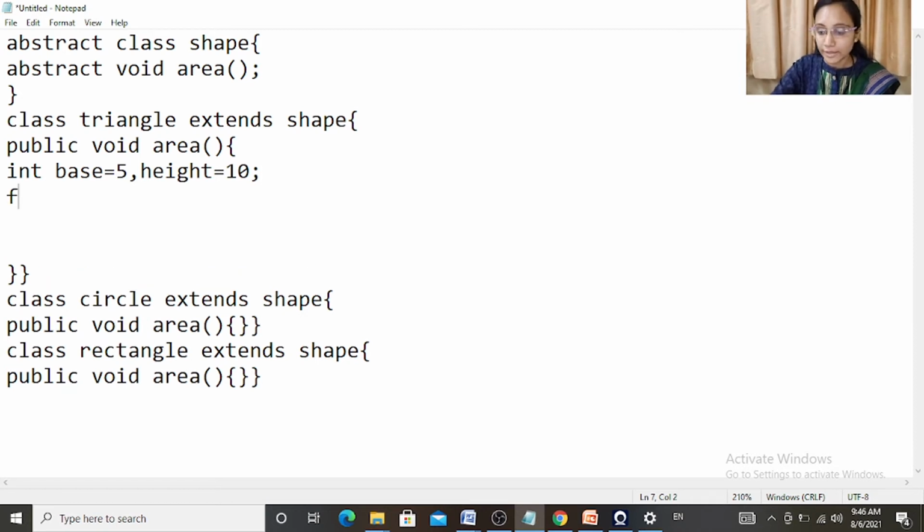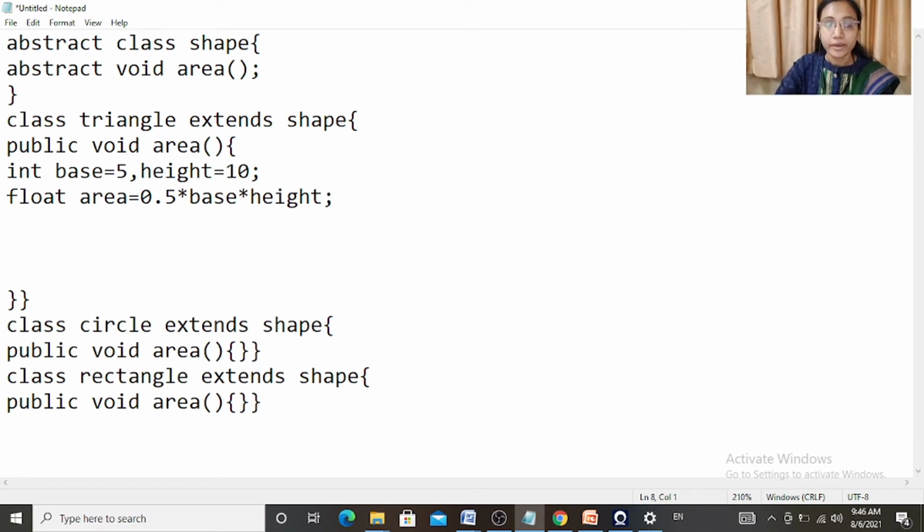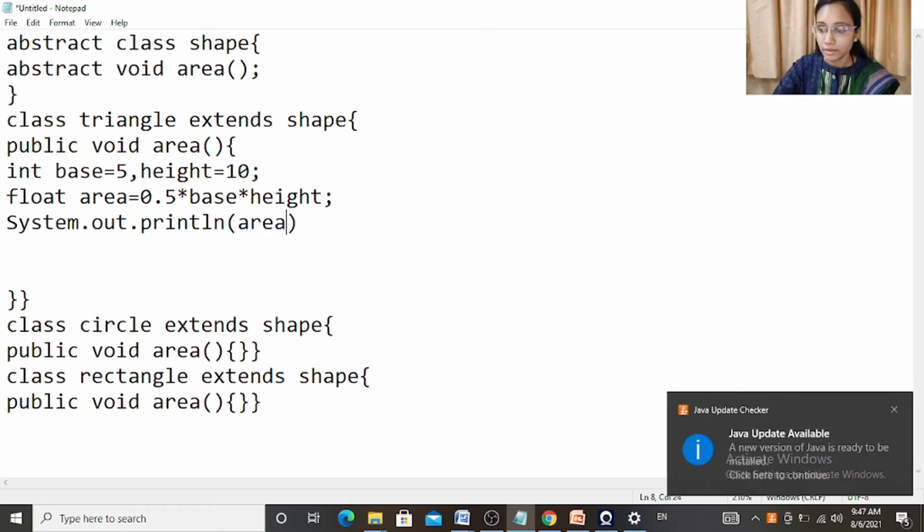Now I will calculate area. Float area equals base into height, and next I will print this area. So System.out.println area.